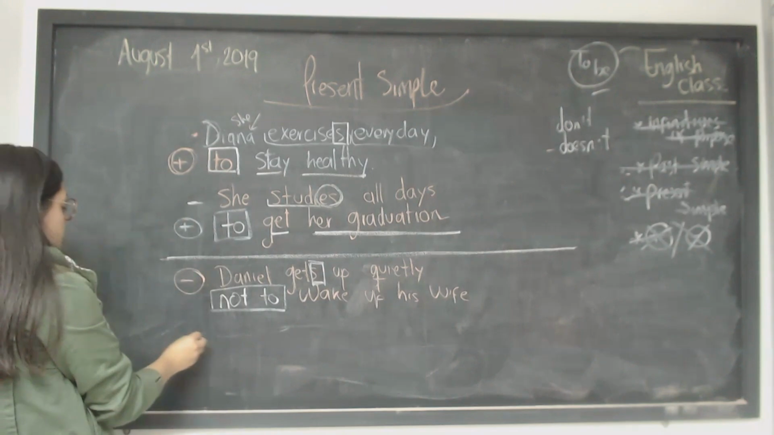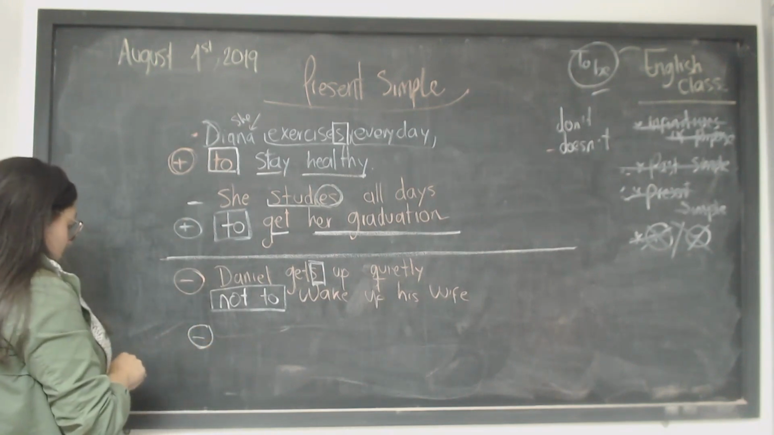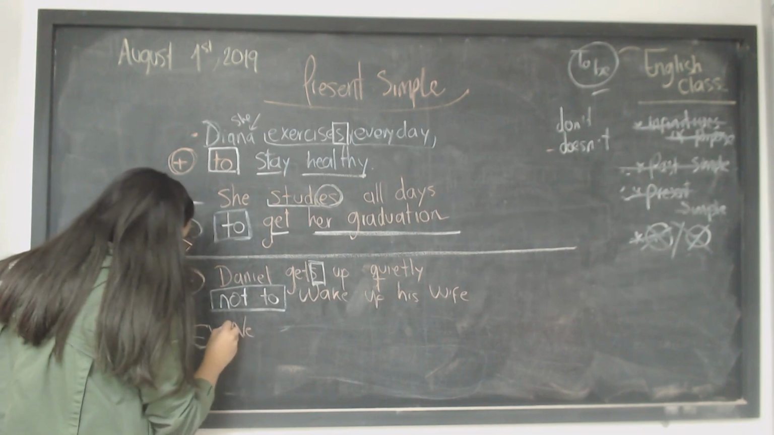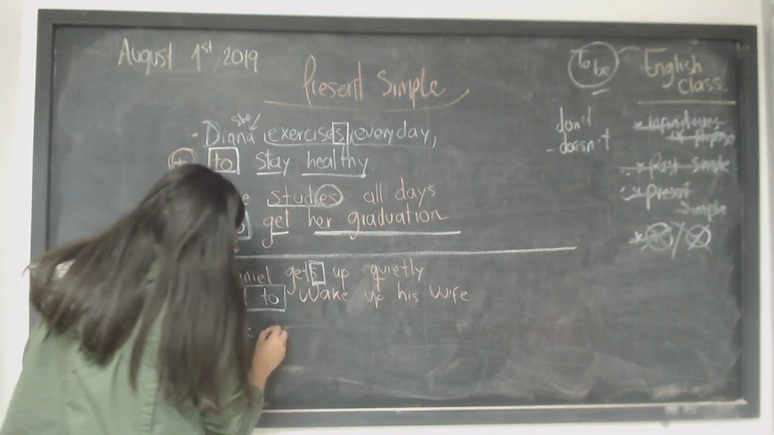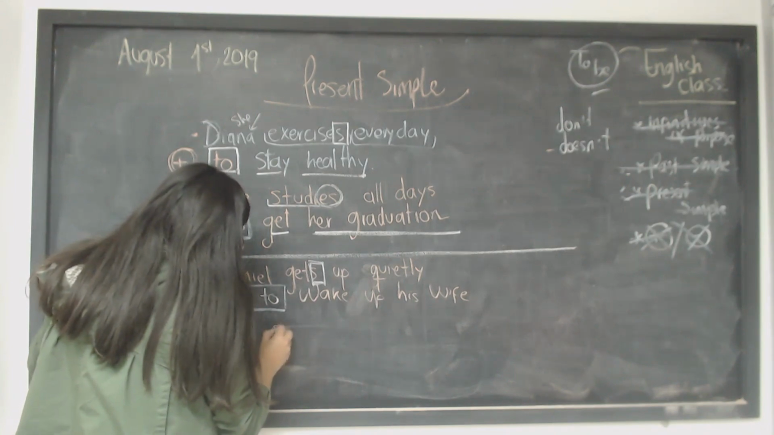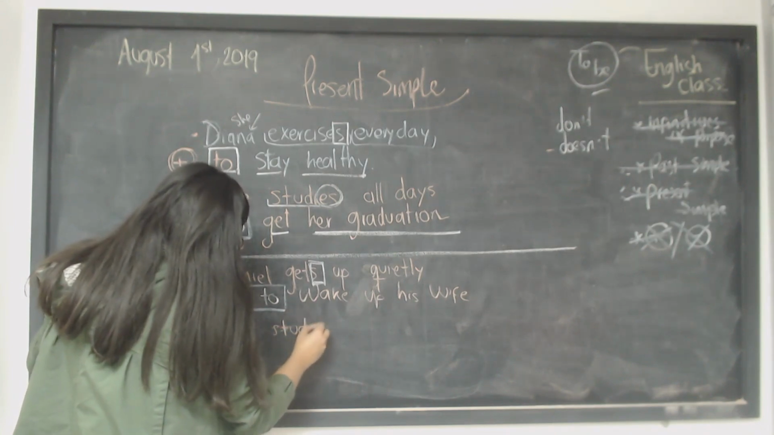Let's make another negative form or negative sentence. I can say, we study online